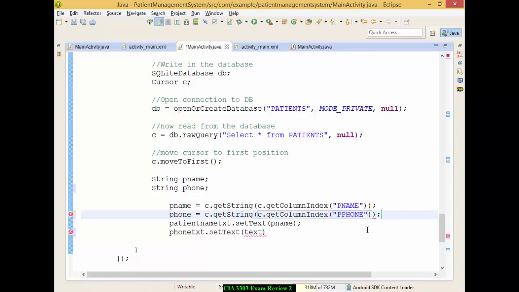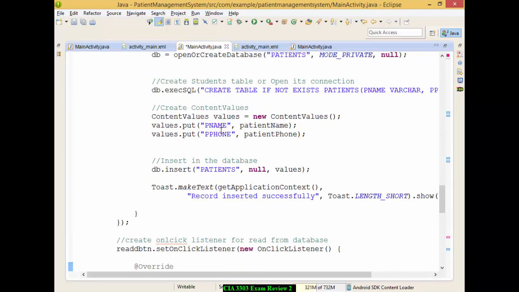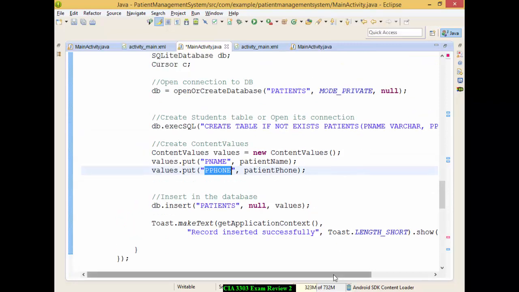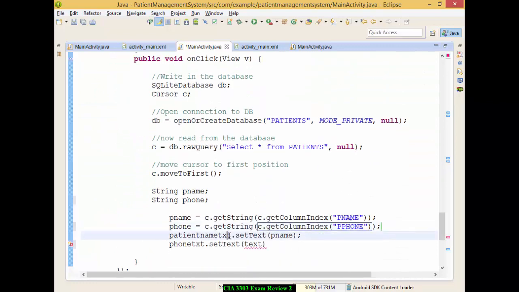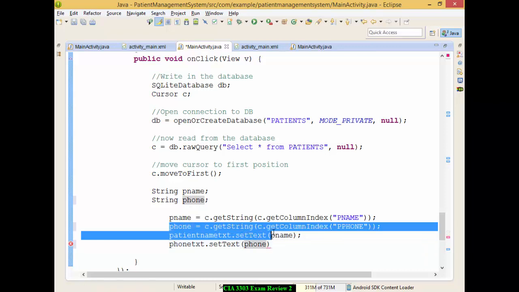Make sure it's the same column which you have inserted with. This is p name, this is p phone. Okay, and now you set text on the widget also as whatever you have read, phone, this phone from the